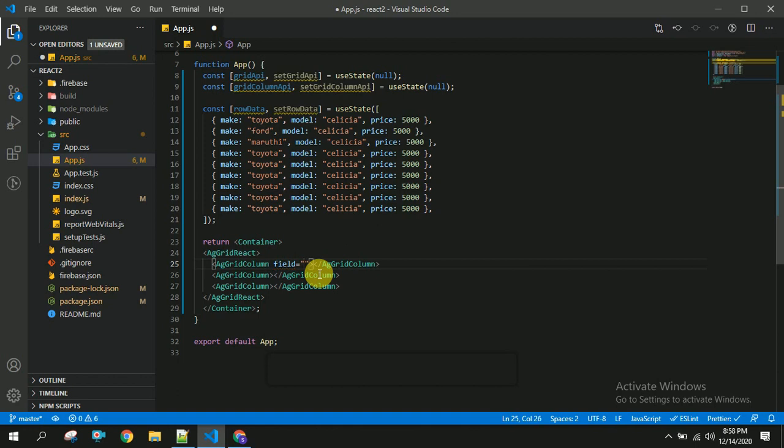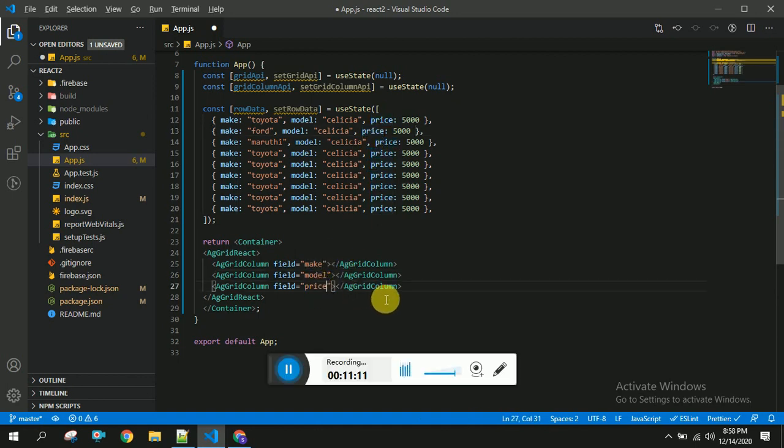This field, in the sense you have to give the property name. I am going to copy this field. Basically you are telling which column has to take which row data. This has to take model and this has to take price.